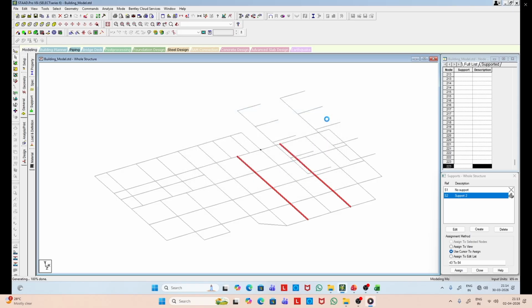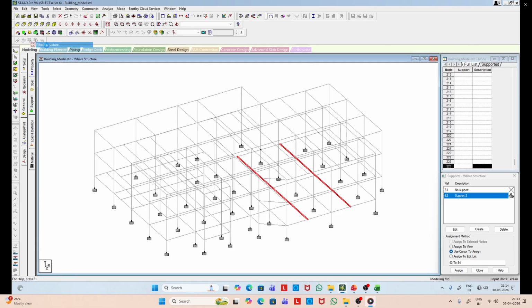So at the roof level, these additional beams are created.